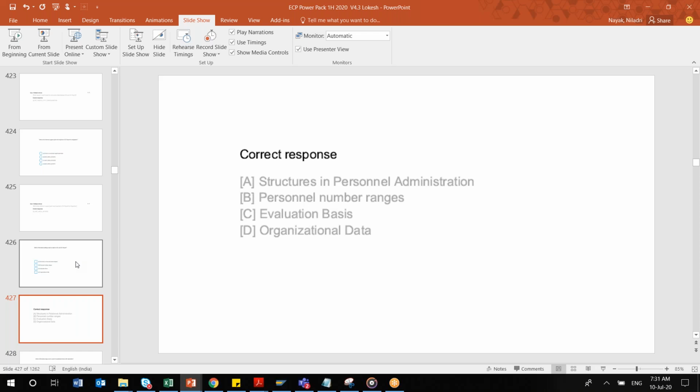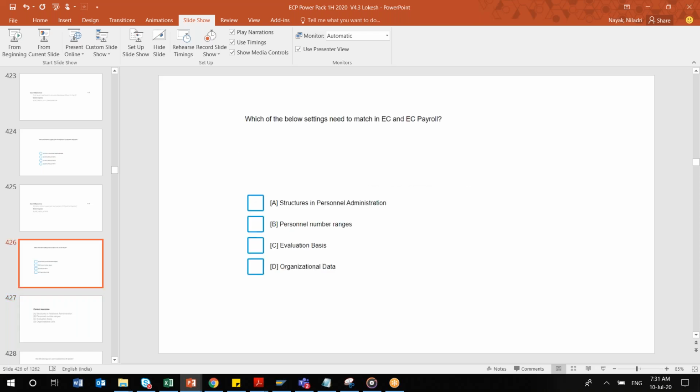Evaluation basis means the wage type inside your wage type configuration, right? That concept of /001, /002, /003, which you use to evaluate time wage types.